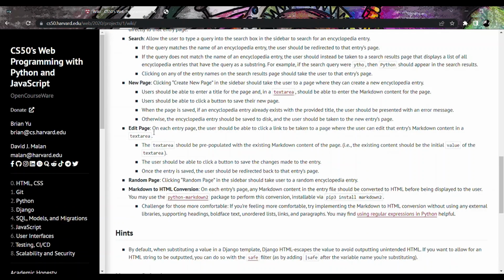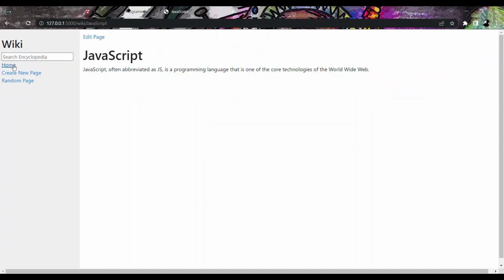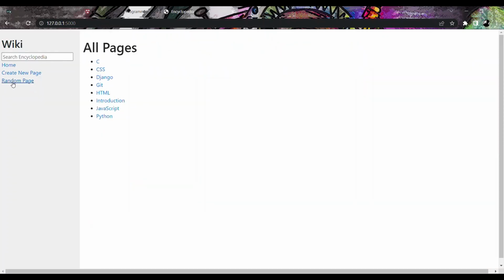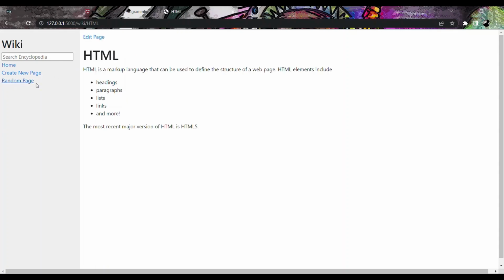We have our sixth specification, random page. Clicking random page in the sidebar should take the user to a random encyclopedia entry. Let's try this. If I click random page, then it will give me a random encyclopedia entry. For example, if I click